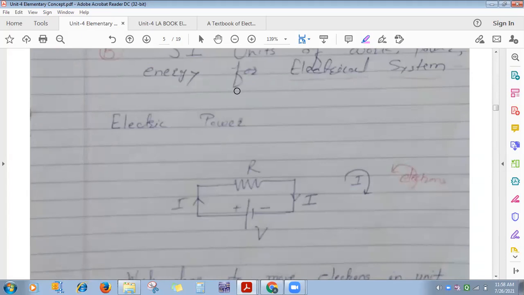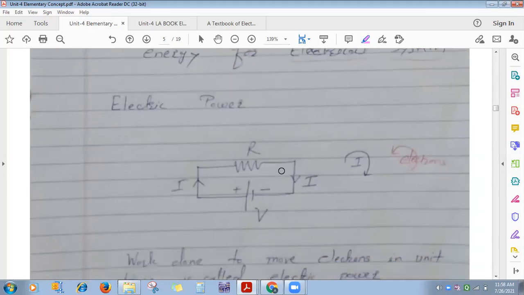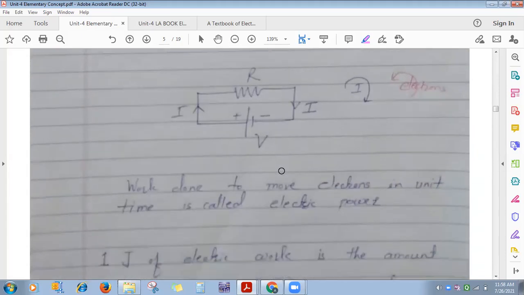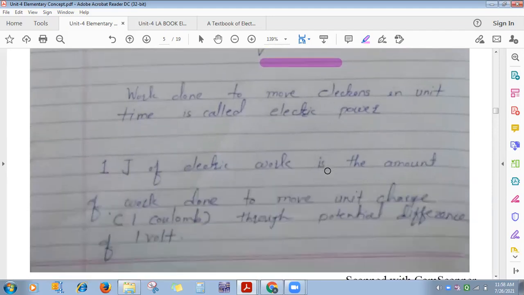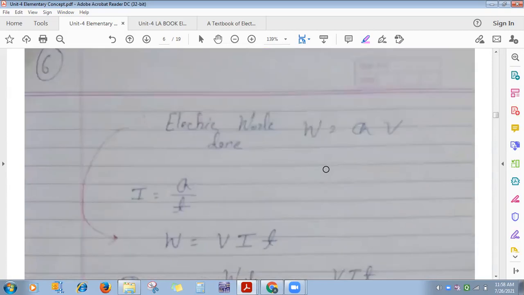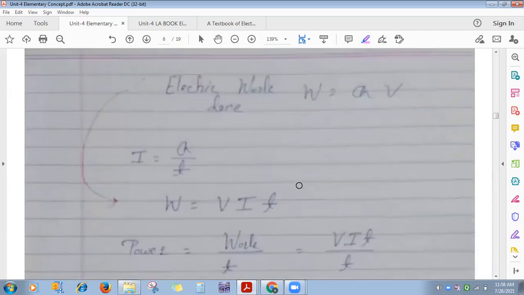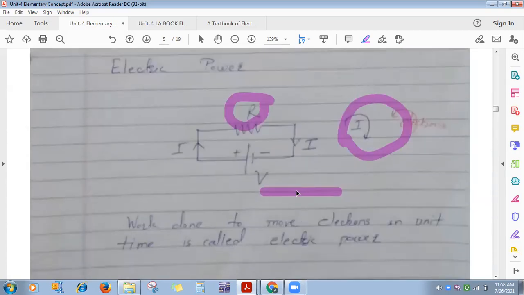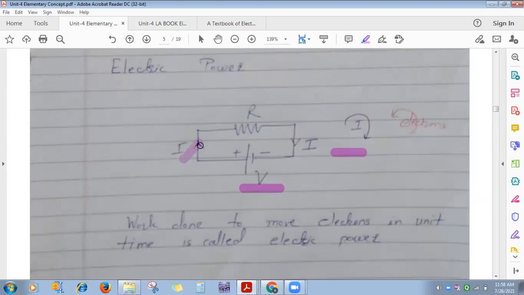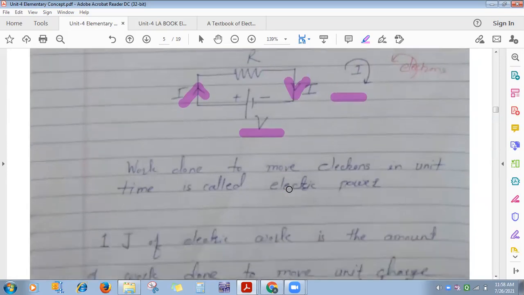Now next one is electrical. So for the electrical system, we have seen AC circuits and DC circuits. Capital R we denote as resistance, unit is ohm. I is current, ampere, V is voltage. So for electric work done in this system, whenever you apply some DC voltage, DC current will flow in the circuit. The conventional direction of flow of current we use is reverse to that of the flow of electrons.